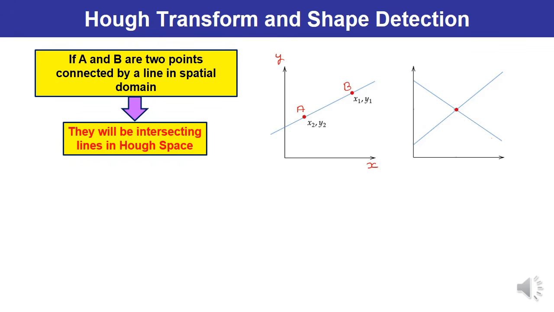So what is going to happen when you convert this into the mc plane? Here the slope is along the horizontal axis and the intercept is taken on the vertical axis. Then these lines can be observed as intersecting lines, and the intersection is at this particular point. So here what is our objective? What is to be done?